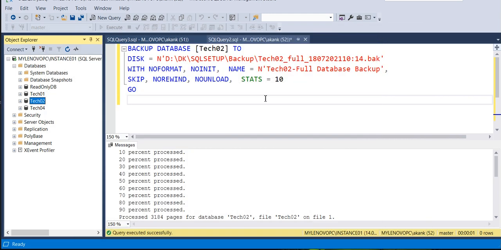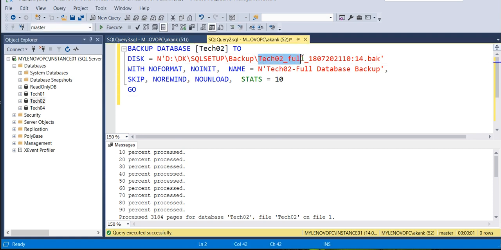If you look at this backup script, what is the reason here? What I'm suggesting, the correct approach for the backup file of any database, is to write the database name, and what type of backup, full or differential or log, whatever. You can write that, and the current date and timings and all.